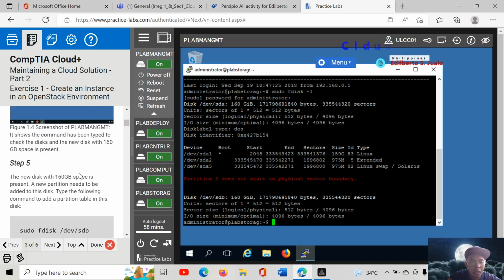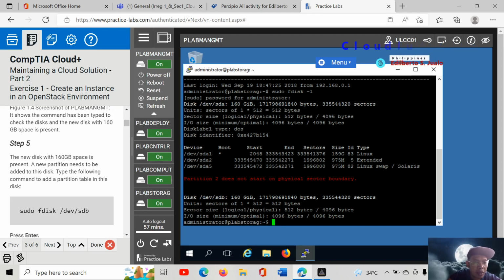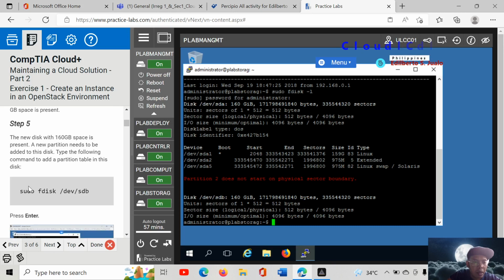The 160 gig is present. The new disk with free space is present. A new partition needs to be added to the disk. Type the following command